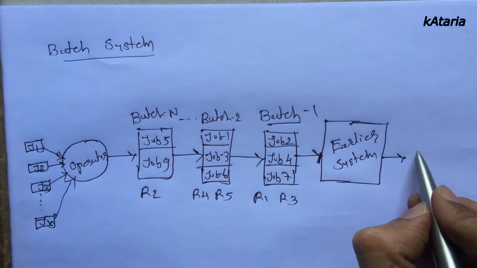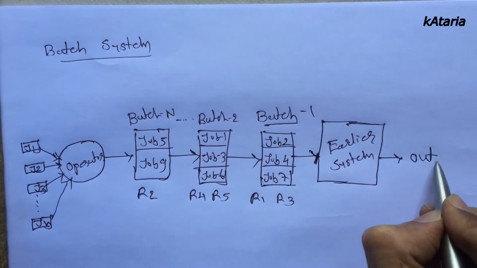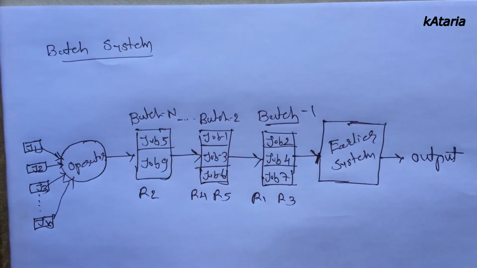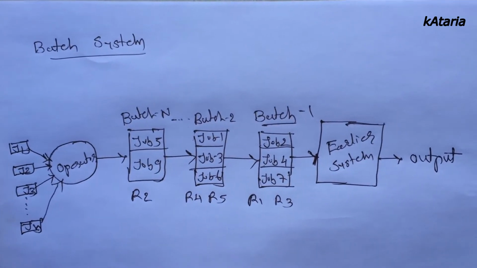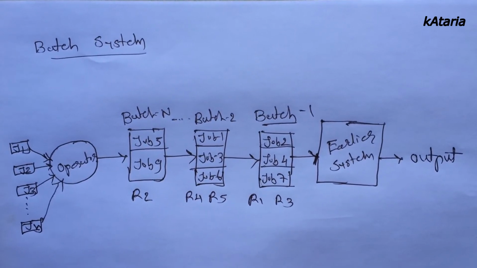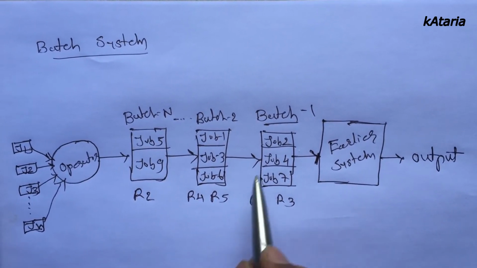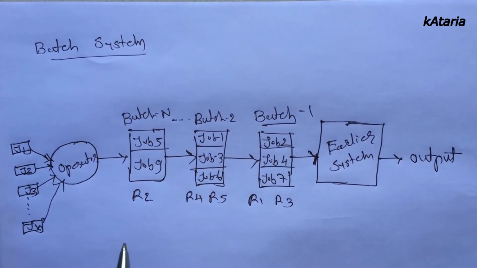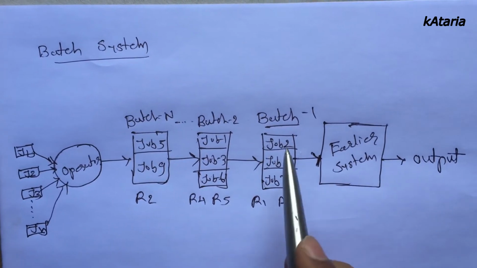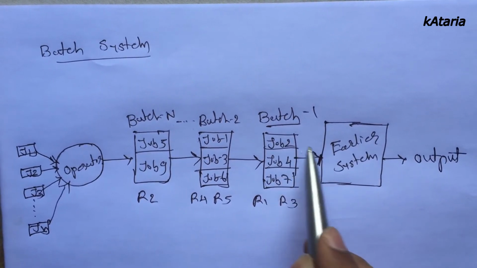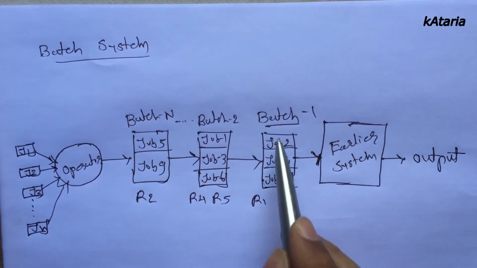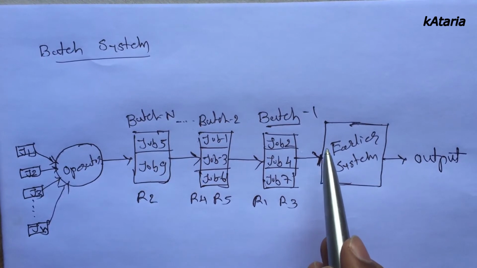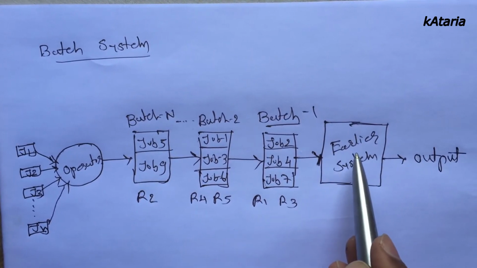Same thing in terms of output, we require the entire batch. Get it? So we will get output in the form of a batch. Now what is the benefit of producing the input as an entire batch? In the earlier system we placed a single job as input. Here we are placing multiple jobs, which means a set of jobs as input. So our CPU remains busier as compared to the earlier system.